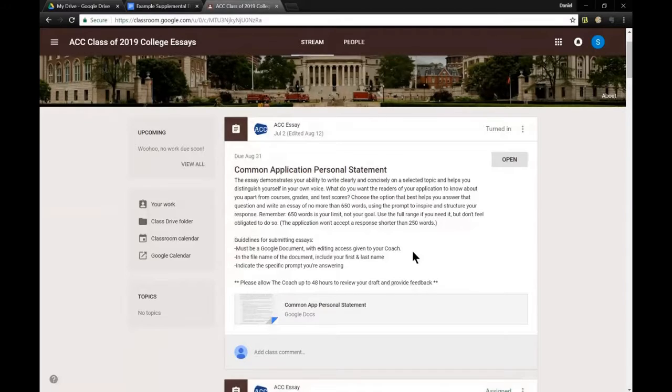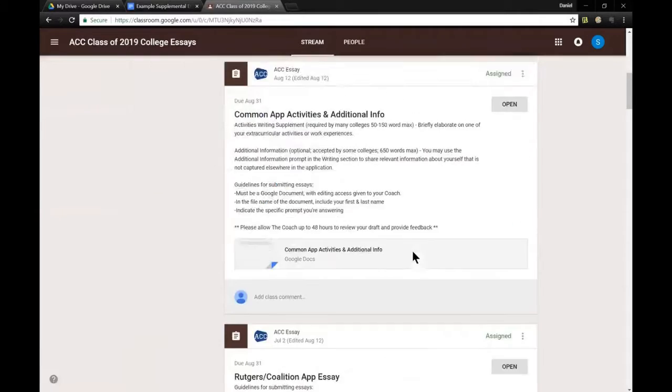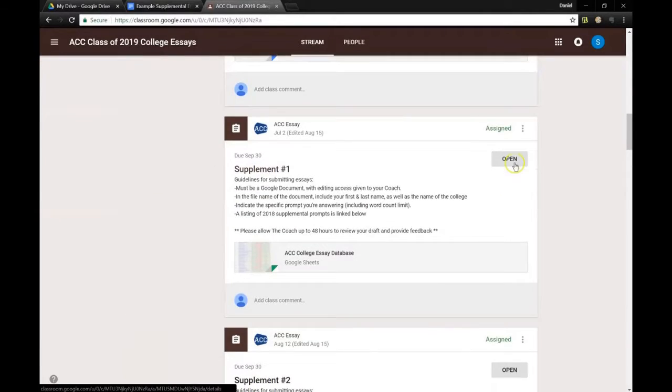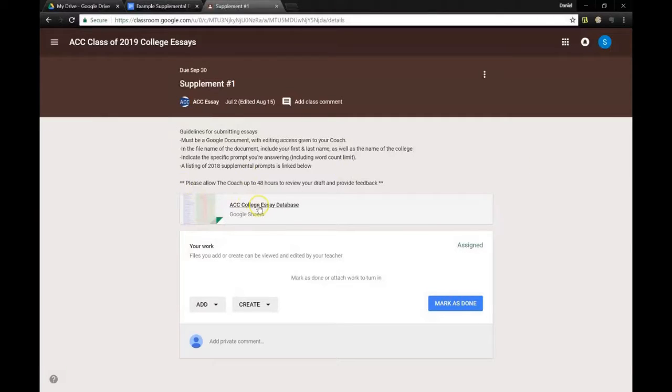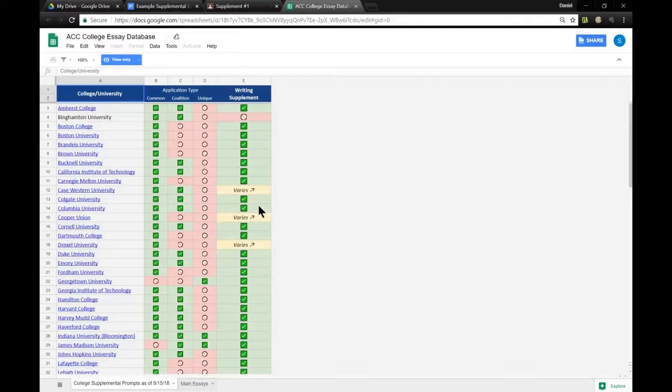The process for creating a supplement document and writing it is a little bit different than what we just did. So let's see how we would proceed. Let's scroll down to supplement number 1 and then click open. Then we can open the ACC College Essay Database. Today we're going to see whether Emory University requires any writing supplements, and then we're going to write that supplement